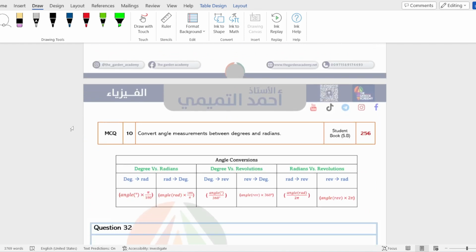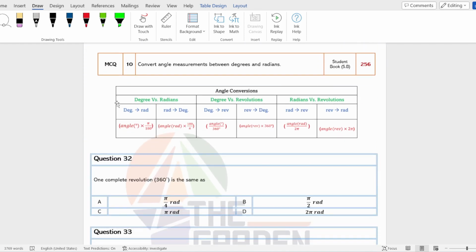ننتقل الآن إلى question or part 10 in the exam. In this part we will convert angle measurements between degrees and radians. This is a very simple part. طبعا this table we have to memorize. It's very important. It's extremely important to memorize this table in order to convert from degrees to radians or radians